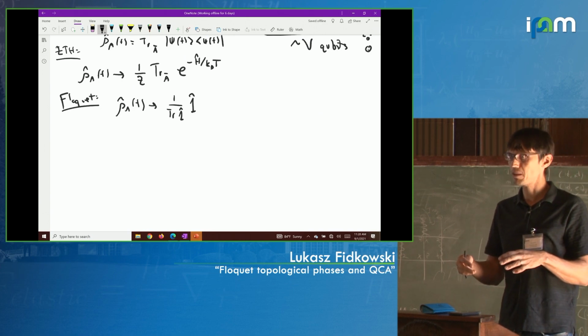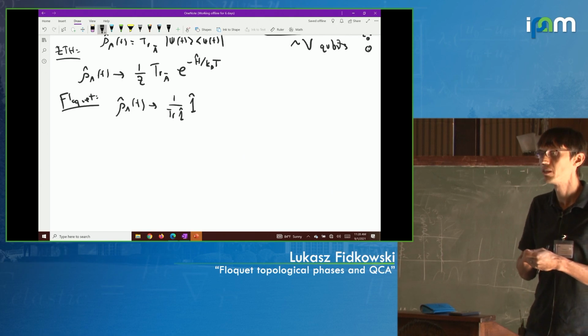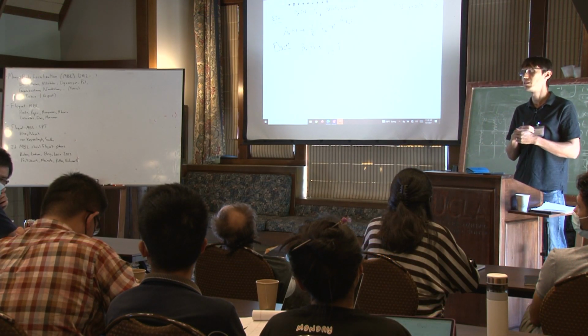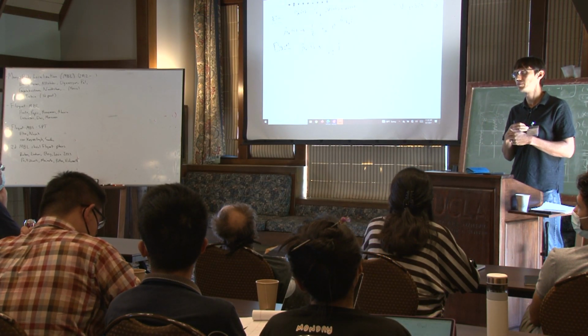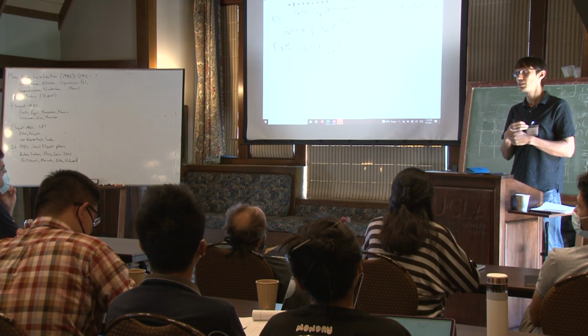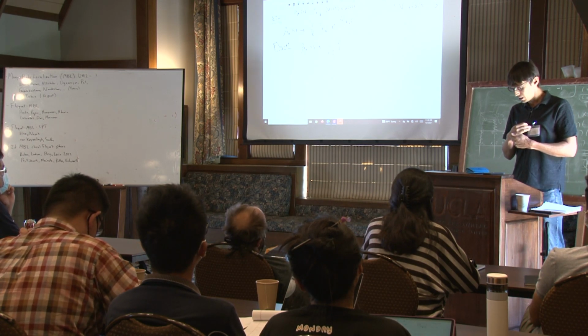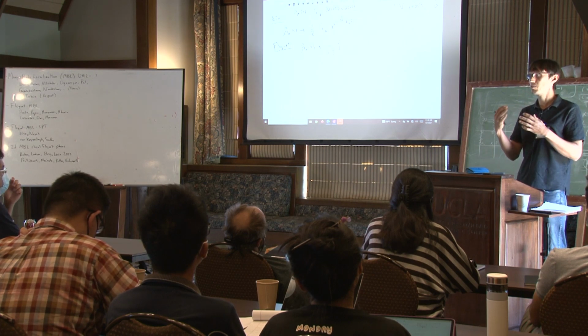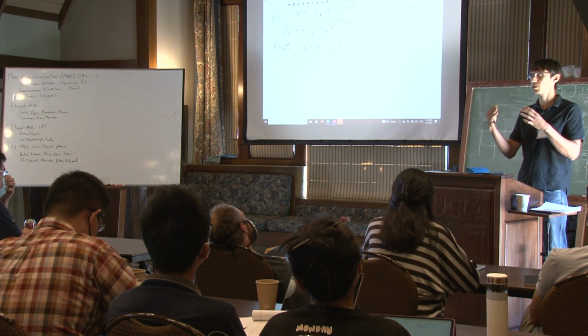So this is bad. So now let me tell you about, yeah. Are you saying that for any system that has the ETH property, when you drive it periodically, you get this Floquet rho AMT? Yeah, so the statement of the ETH property for systems which are periodically driven